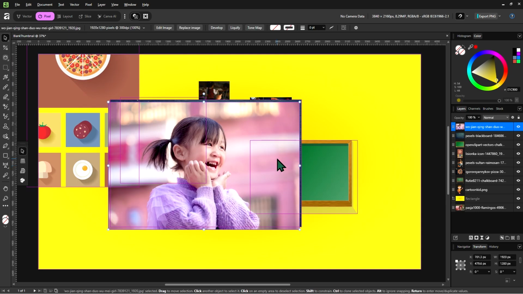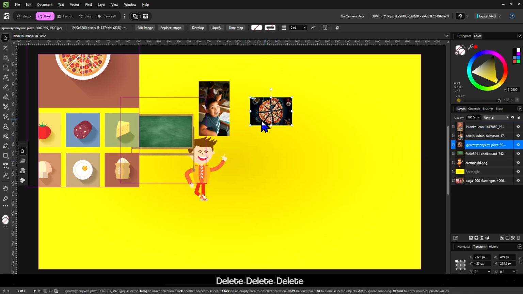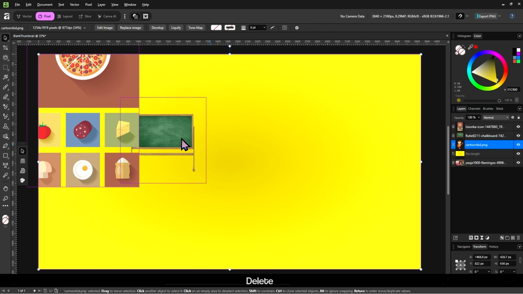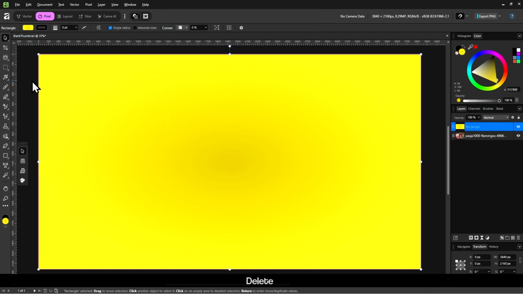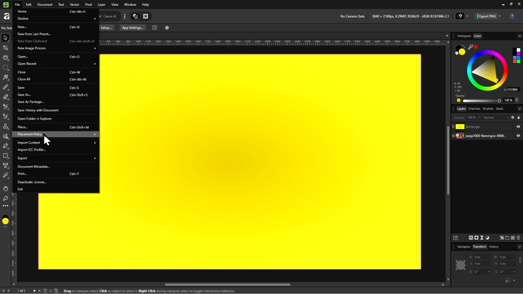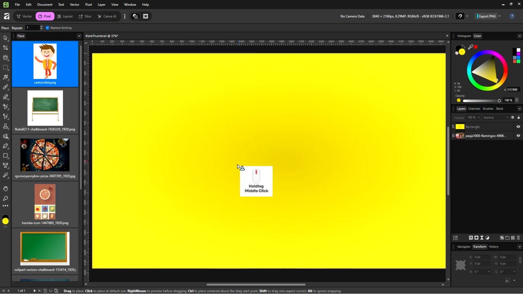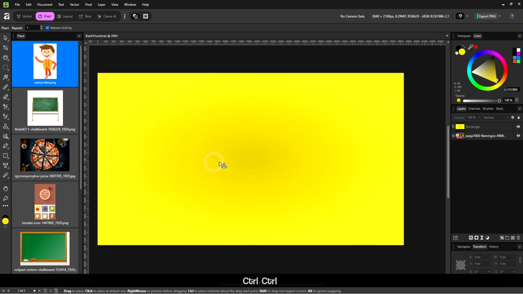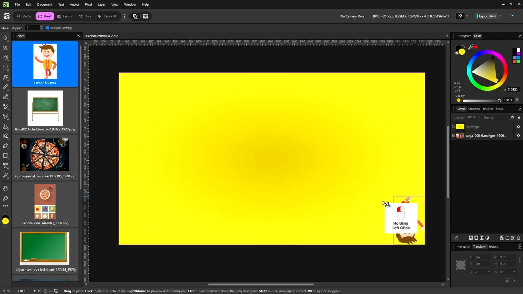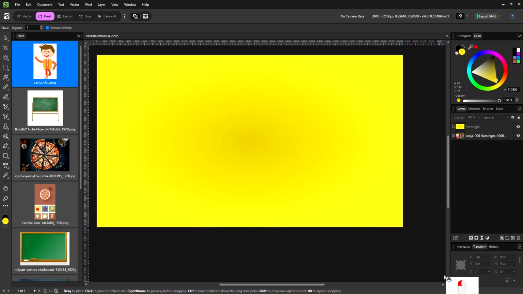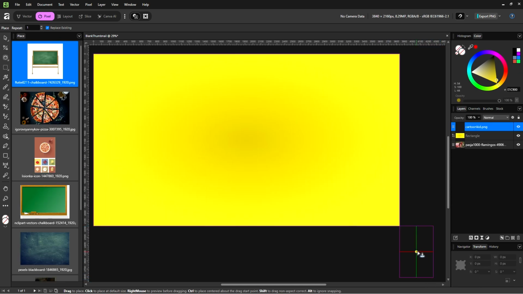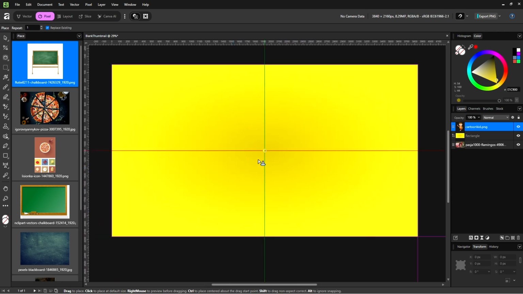Okay, well, this is a wonderful amount of chaos, but let's get rid of all these images and actually place them properly. Okay, because we are about to make a YouTube thumbnail. Place. Okay. So the cartoon kid, I think he would be around here. No, not like that. Okay, I'll bring the cartoon kid back up later. Don't worry about him for now.